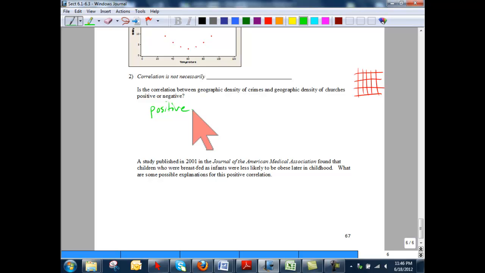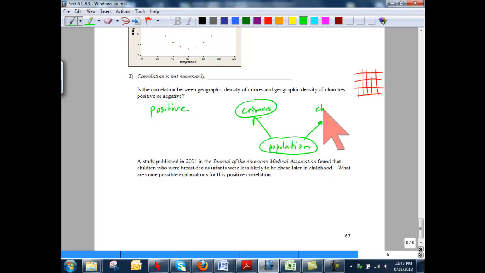The reason that thought process is faulty is that there is a so-called lurking variable in the population. Who commits crimes? People. Who build churches? People. So why is this correlation positive? Well, there are a lot of crimes as well as a lot of churches in areas that are highly populated. And there are few crimes and not many churches in areas that are sparsely populated. And so population is really controlling both number of crimes